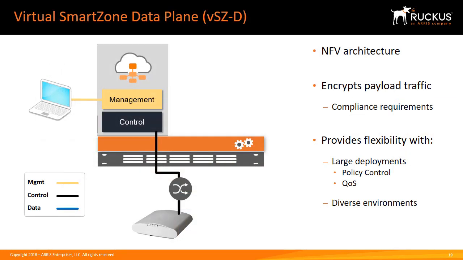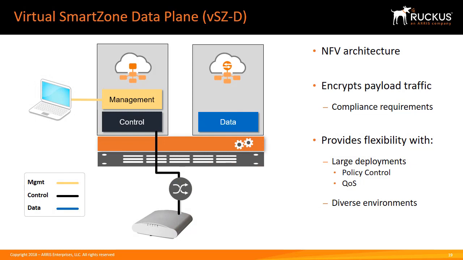The virtual SmartZone-D, or data plane, is a separate virtual machine that provides the data plane functionality of a virtual SmartZone, both in Virtual SmartZone Essentials and High Scale. Deploying the virtual SmartZone data plane offers secured tunneling to user traffic that encrypts payload traffic, maintains flat network topology, enables mobility across layer 2 subnets, supports point-of-sale data traffic for PCI compliance, and offers differentiated per-site policy control